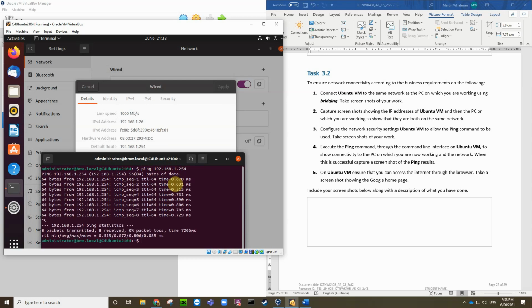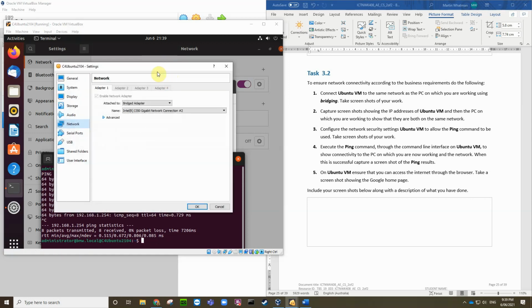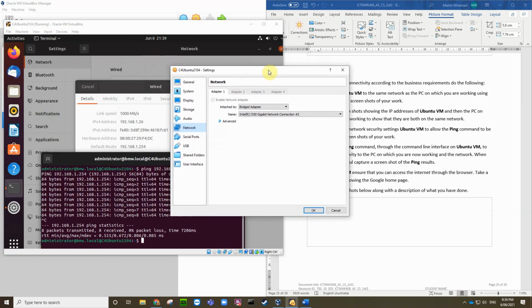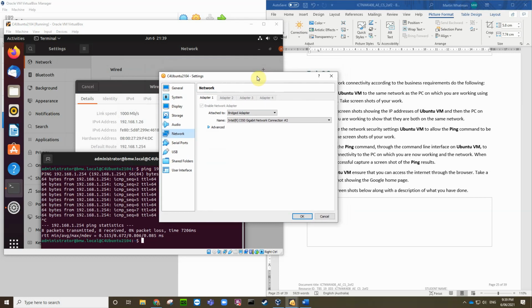I'll hit Control C to stop it. So we can see that we're pinging the local gateway address. So that's this address here. And if we can show via our network settings that it's bridged and put all of that together,